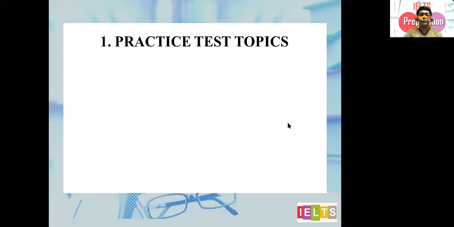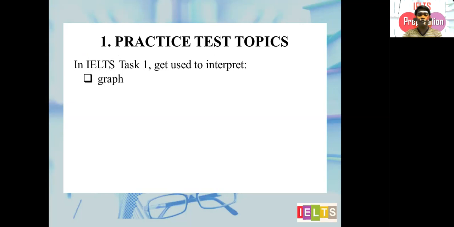Number 1, practice test topics. You know already, right? There are 2 tasks in IELTS writing test. So in IELTS task 1 of the writing test, you need to get used to interpreting graph, table, map, and diagram. You are pretty aware that in task 1, you need to describe these 4: graphs, tables, maps, diagrams